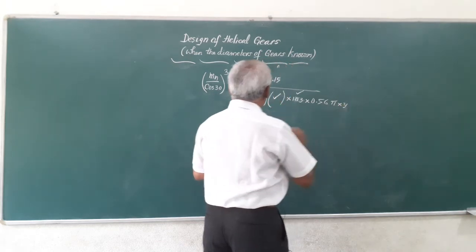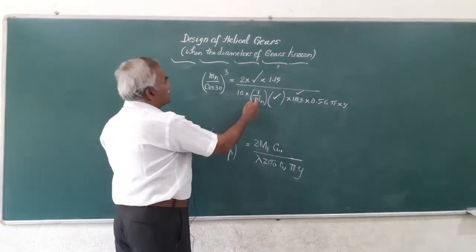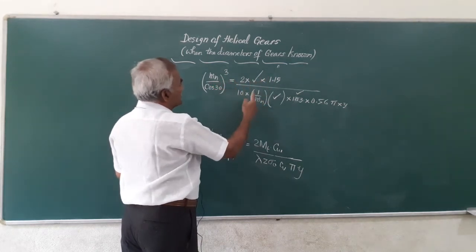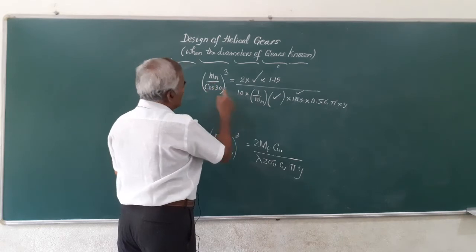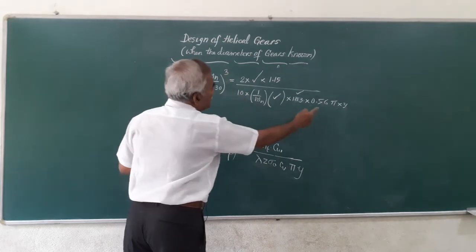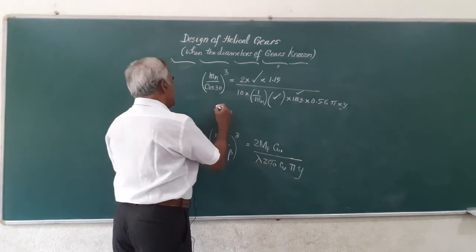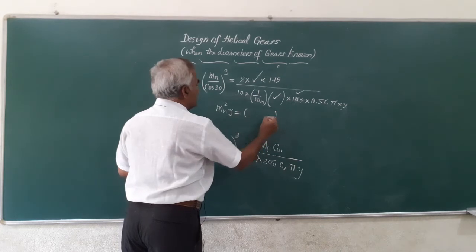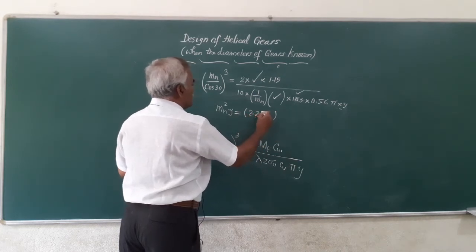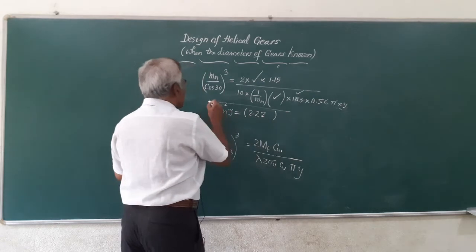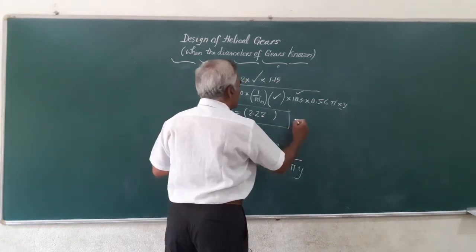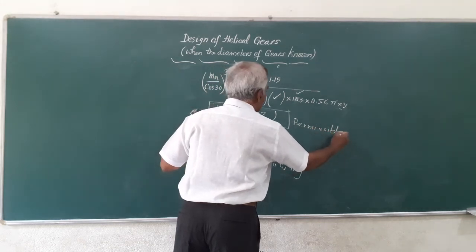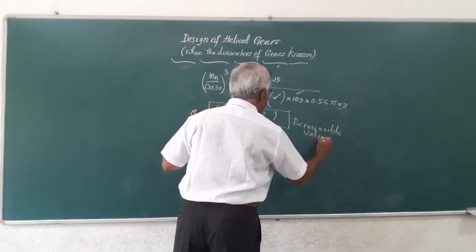So y. Friends, if you simplify, this mn goes to the numerator. Here mn cube you have got, you get mn here. So one term gets cancelled, and if you cross multiply, you will have mn square multiplied by that value y. So finally, it takes the form mn square y is equal to some numerical value, suppose say 2.22. So the diameters are known, and this is a permissible value since the diameters are known.